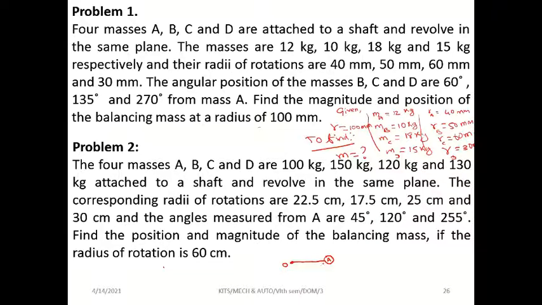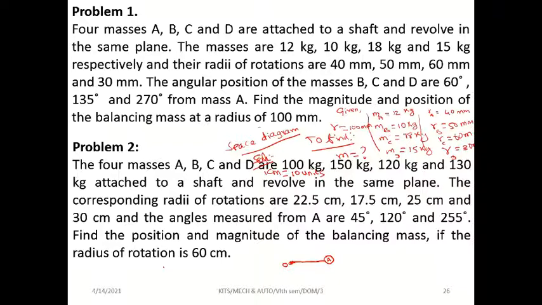Okay, this is mass A. See, remember this line is a 4 centimeter line, and for the diagram title, put the title as space diagram. Okay, put the title as space diagram. First you have to draw the space diagram and scale: 1 centimeter equal to 10 units, like that you put. Okay. So first you draw OA for 4 cm because they have given 40 mm. Okay, so a 4 centimeter line.